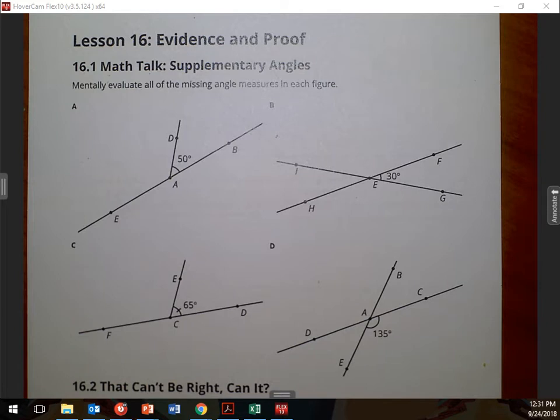Now, angle measure. We know a couple of these things. So, angle EAB. How much does that whole thing make? 180, right? EAB is 180, right? So that's a straight line, isn't it? So if that's a straight line, could I find the other side of this if I know that one's 50? Yes. So you would say that angle EAD would be how much? 130. There we go. That's what you guys are doing. I had people staring at me and they didn't even read the instructions. Okay. Come on now. Okay, you guys are doing the rest of these.